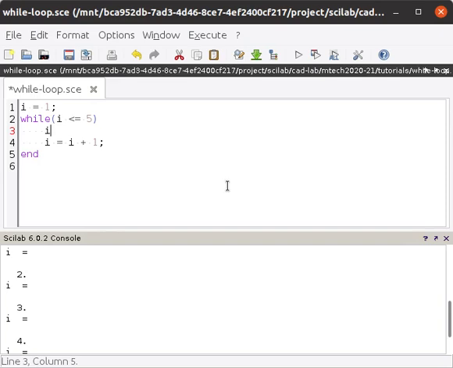So this way we have seen how a while loop can be used to run iterations. Again, something more we can add. Suppose we add some other variable j, and its value I have taken as 0.